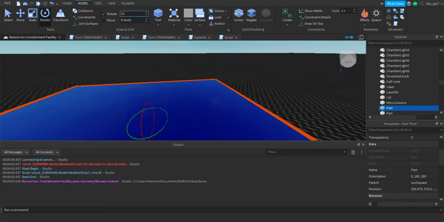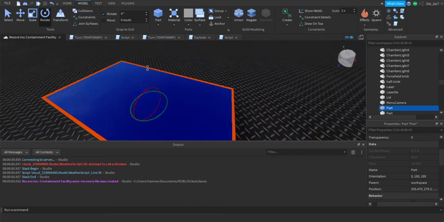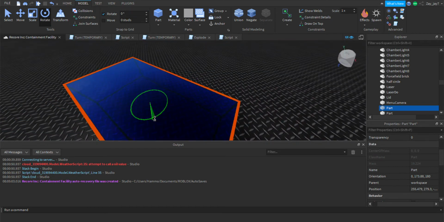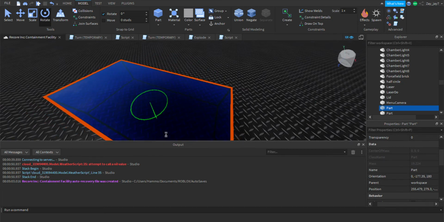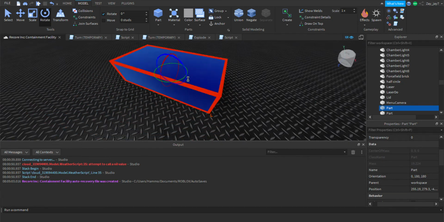Now I'm gonna put rotate at 0 because that means I can freely rotate it however I wish. So that way now I can go. But changing this is frequent in building, because for example, if you had it at 15 and you wanted to